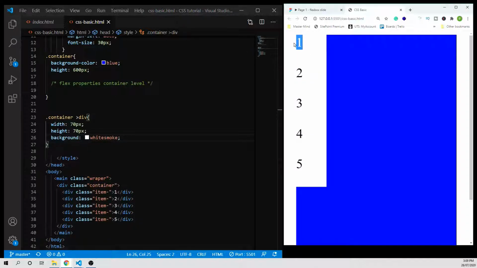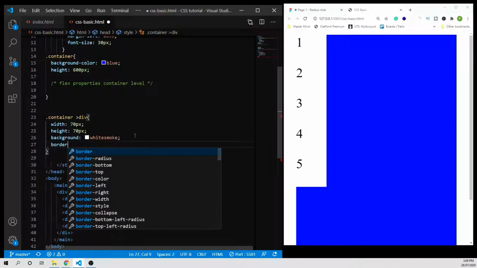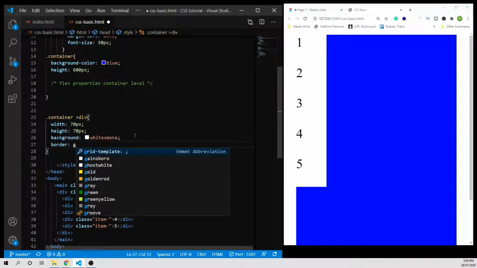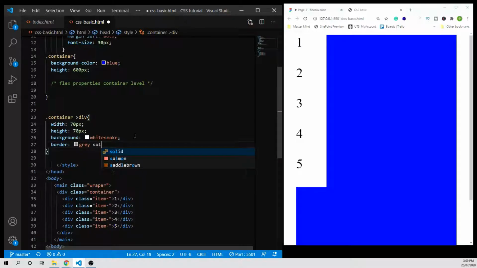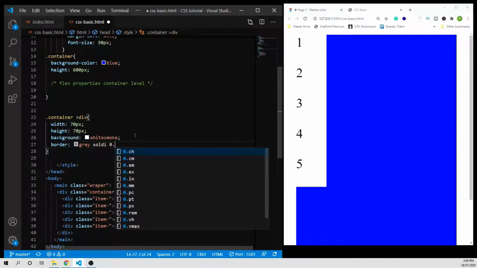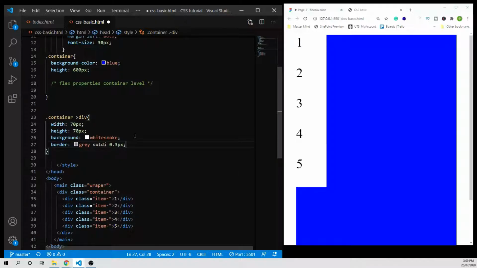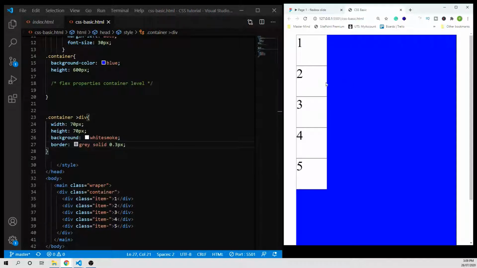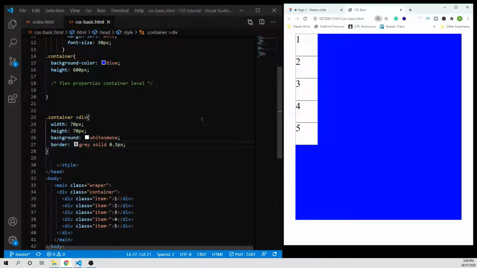Okay, now you can see a little bit different here, and I would like to give a border as well so that we can see. Give border gray solid 3.3 pixel. Save it. Oops. Now you can see the actual box here. Hold on now, yeah. Okay, now you can see this one. So let's from here,